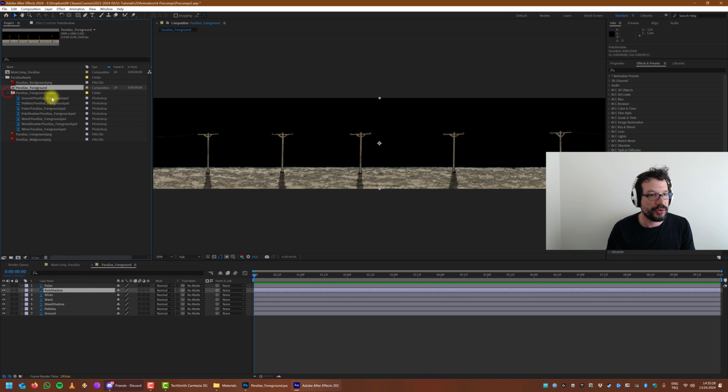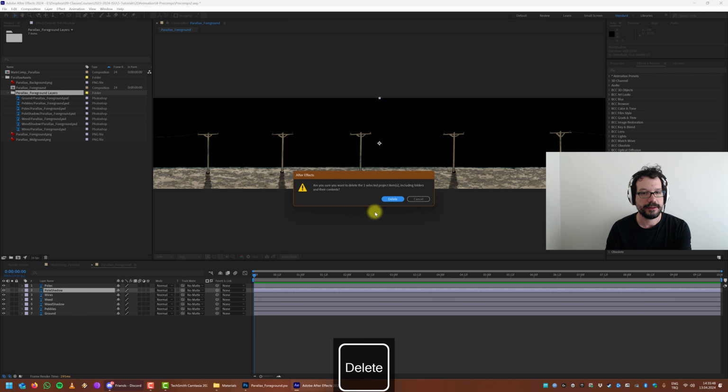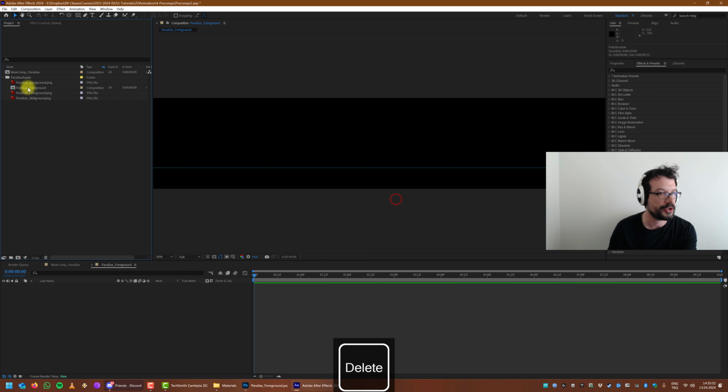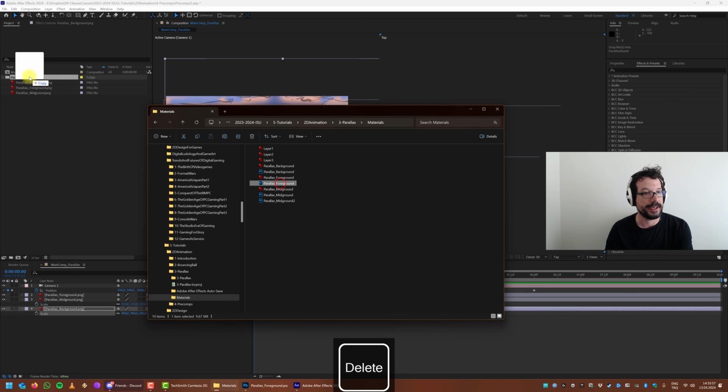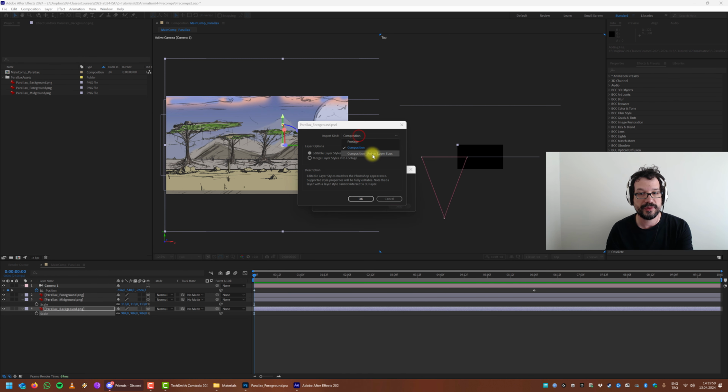And you can do that over here when you turn on this folder and take a look. Every layer is 5,000 pixels by 1,000 pixels, the same size as the canvas in Photoshop and the same size of the composition in After Effects. Okay, so I'm going to delete this with the layers and everything, and it's going to freak out. Oh, you want to try to delete elements that you are using inside compositions? Yeah, I know. Okay, so I'm going to import it again, but this time I'm going to retain the layer